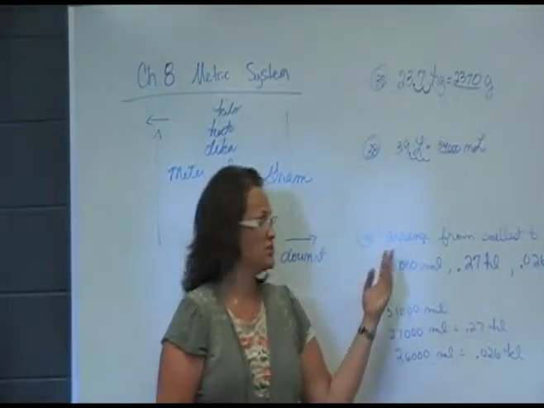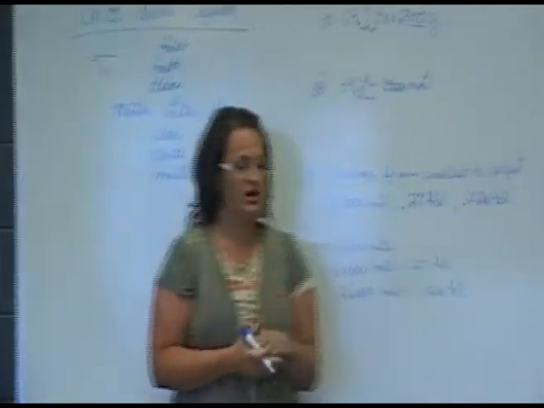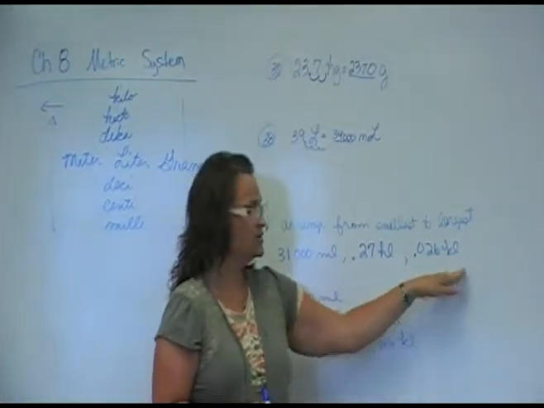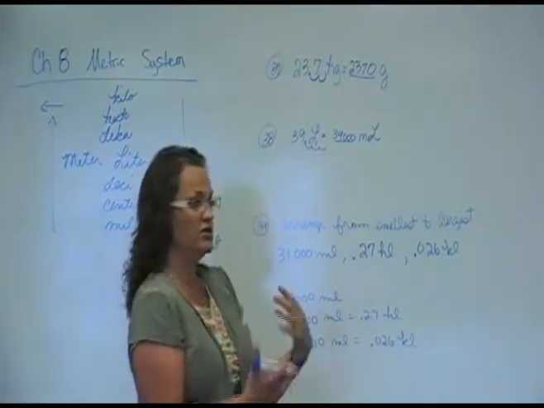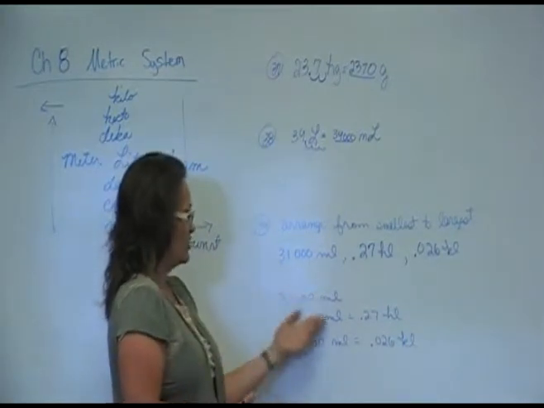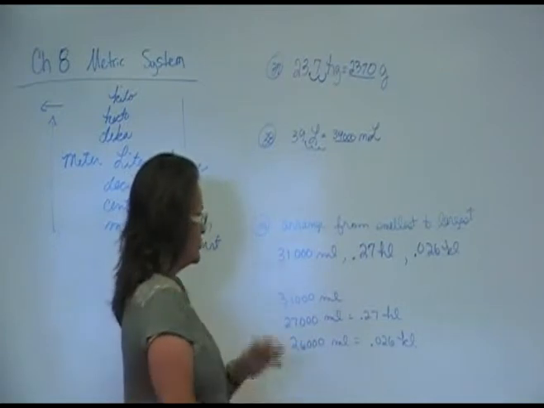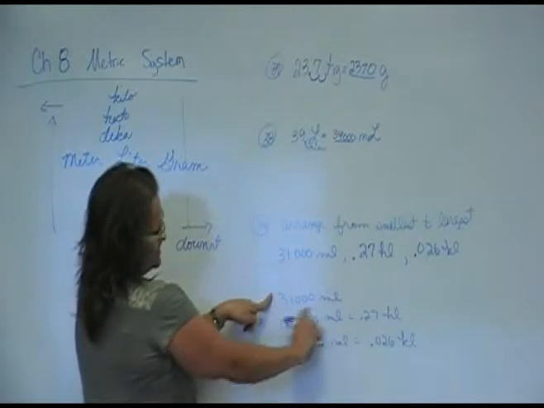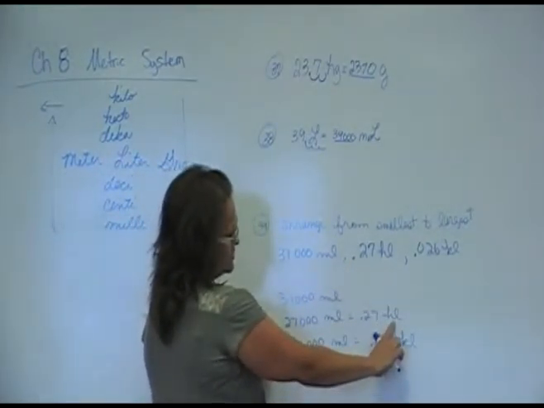Okay, number 39 says arrange these from smallest to largest. So we have these 3 units. They're all in different unit measurements. We have a milliliter, a hectoliter, and a kiloliter. You can't compare them without converting those all out to the same unit. So I would need to use my scale and make them all in the same unit. So I chose milliliter. You could have chosen any of the units, but they're easier to compare when they're all alike. So I'm going to leave 31,000 milliliters as is, and then I'm going to change the hectoliters, 0.27 hectoliters